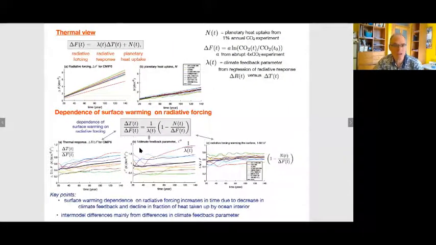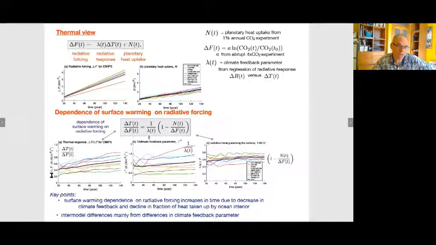So then moving to the thermal response, the radiative forcing is driving a planetary heat uptake, obviously, and then a radiative response, which we express as a product of a climate feedback parameter and a surface temperature change. Now, again, we're interested for the TCRE in this ratio of the surface warming change divided by the radiative forcing, which, using this top equation, you can rewrite as presented in the grey box.